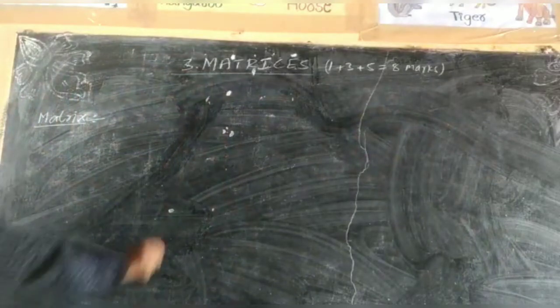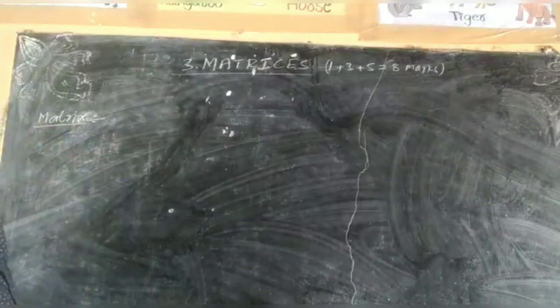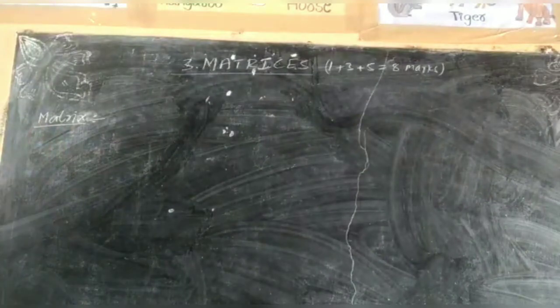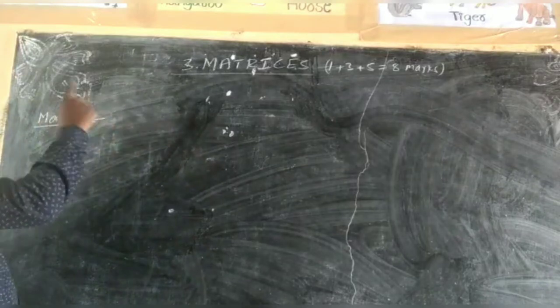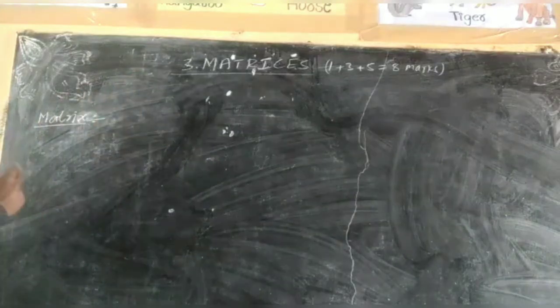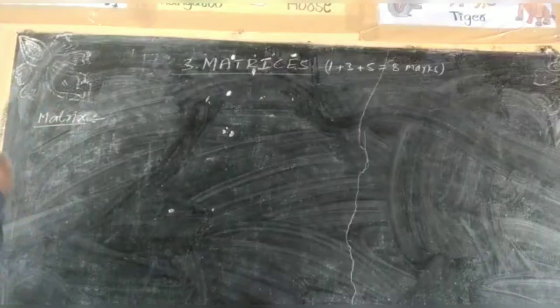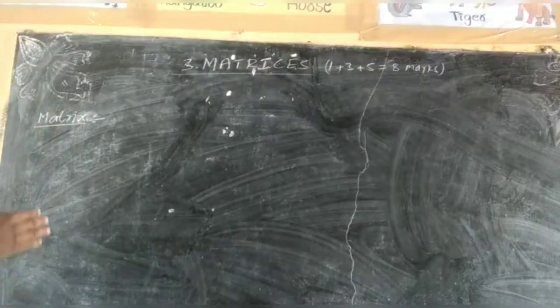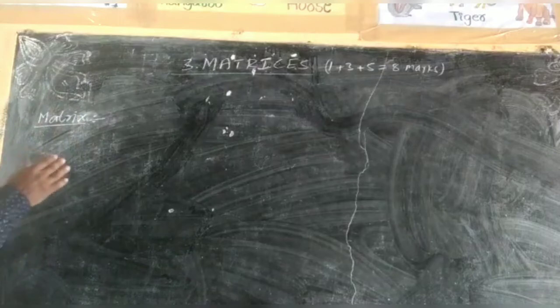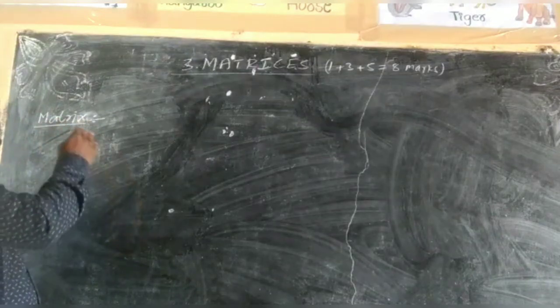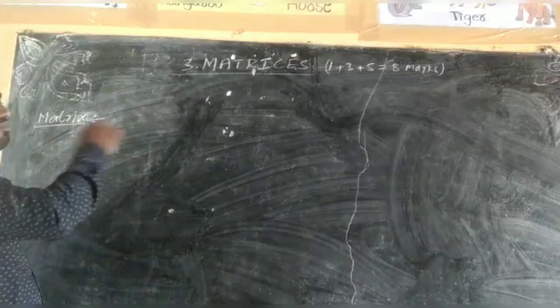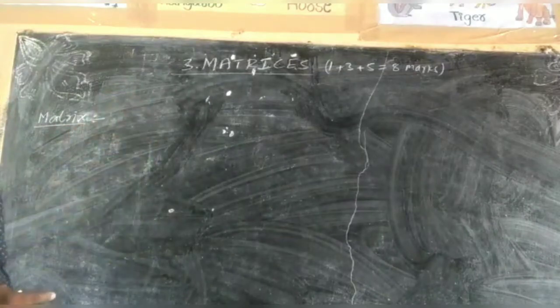So, this is the weightage of the maths test. First, you see the definition. What is the definition of the matrix? A matrix is a rectangular array of elements. The rectangular array of elements is called a matrix. The elements can also be functions, if you are arranging them in some rows and columns. Then it is called a matrix.